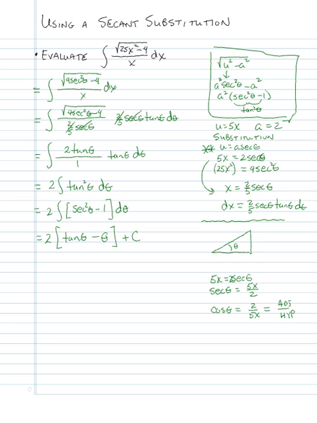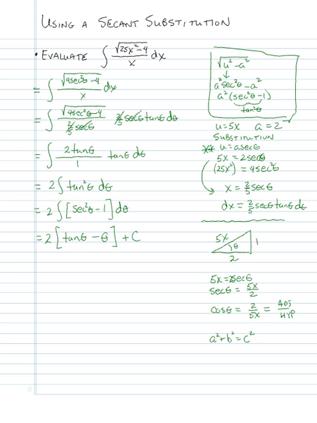So we're going to make the adjacent side 2 and the hypotenuse side 5x. And then we're going to use the Pythagorean theorem, just as I've talked about before. To remind you, the Pythagorean theorem tells us that the sum of the squares of the legs is equal to the square of the